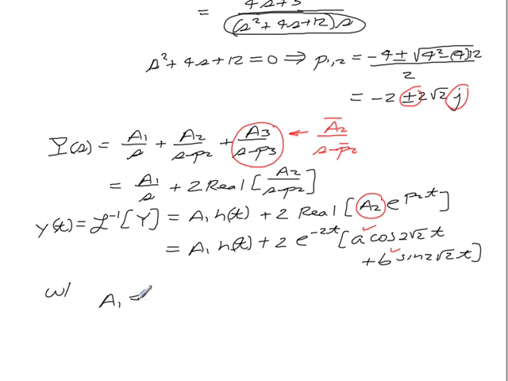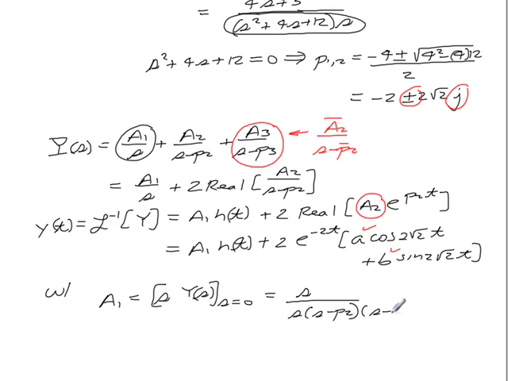So our rule here for the partial fraction expansion says for a1, I multiply s times y of s, and set s equal to 0 in this case. So this is s divided by s minus p2, s minus p3,